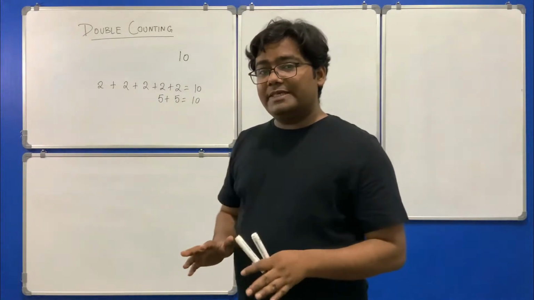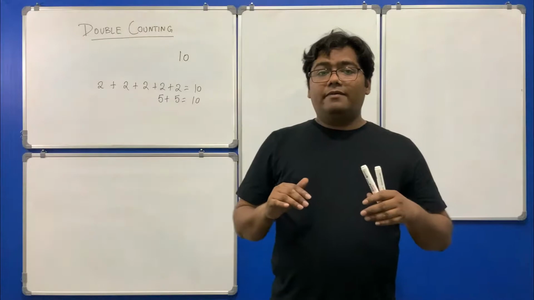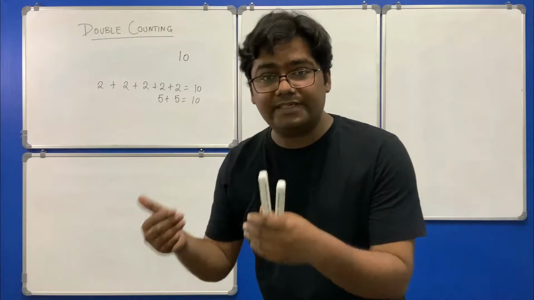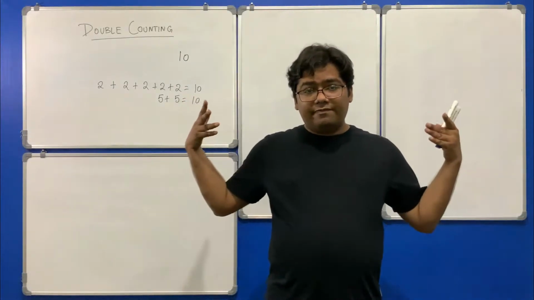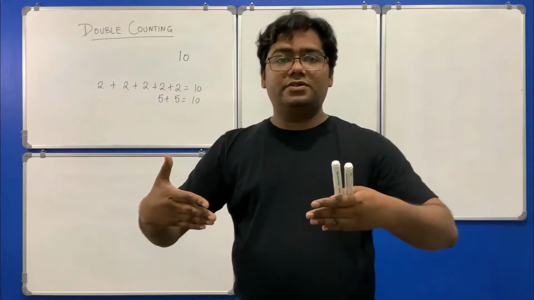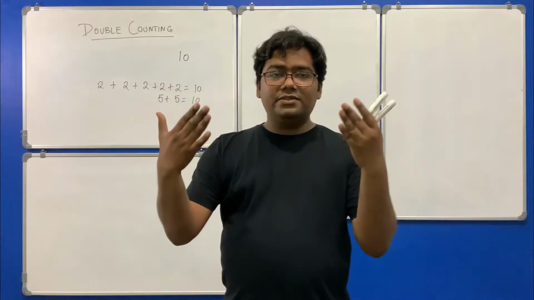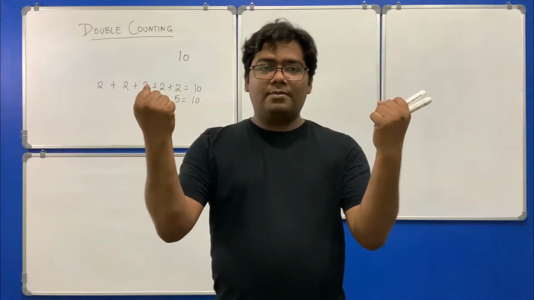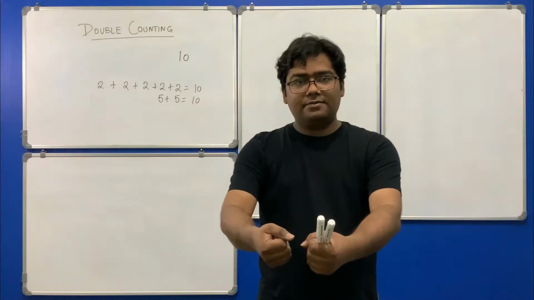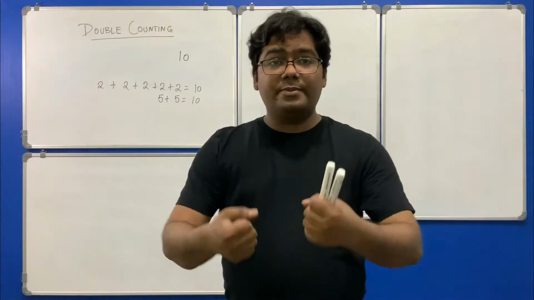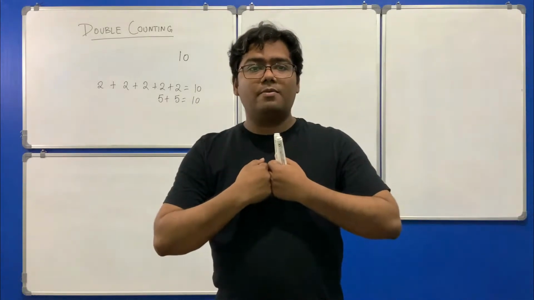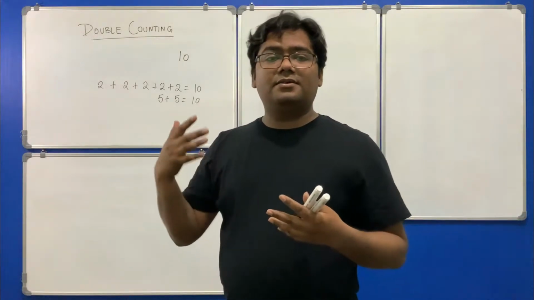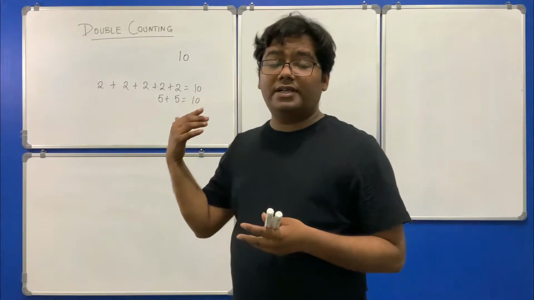Alright, so what we do is that we have a problem where we have to count the number of arrangements. We come up with two different techniques, and using those different techniques, we end up with different formulas. Now those formulas are giving me the same answer, so those formulas must also be equal. So we gain new facts from this powerful idea which we call double counting.